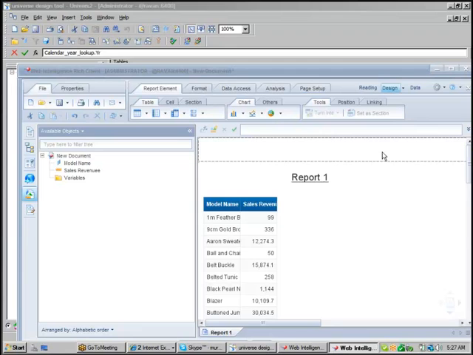Select quarter, sales revenue, prompt on quarter. When you run the report, it asks us to enter a quarter value. I submitted quarter 1. Tell me how many times quarter 1 will appear in the report? Only one time, sir. No, you have 5 years of data. Oh, 5 years, 5 quarters, sir. 5 times Q1 you can see in the report. Yes, if you have 6 years, it will appear 6 times.